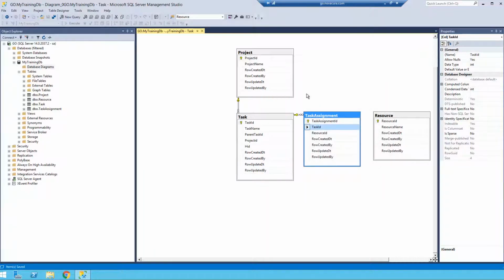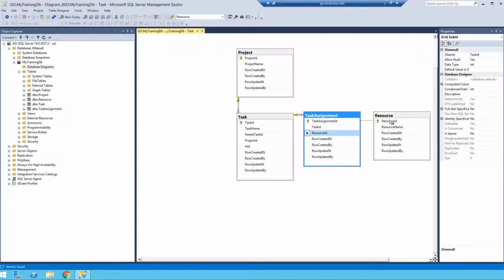It is not a bad idea, when you do these sorts of changes, to save between each foreign key creation or table update, because you could end up with some weird situation otherwise. So when you are satisfied with the creation of a foreign key, for example, just save it to the database. All right, so we will do the same thing from task assignment and resource as well,